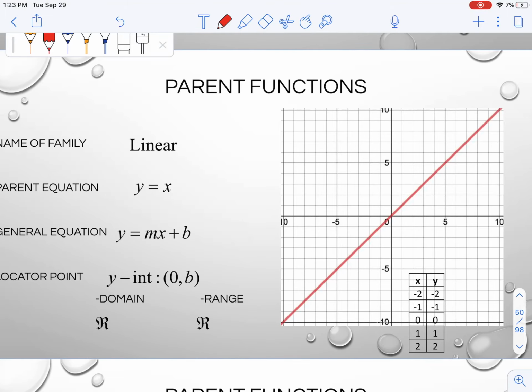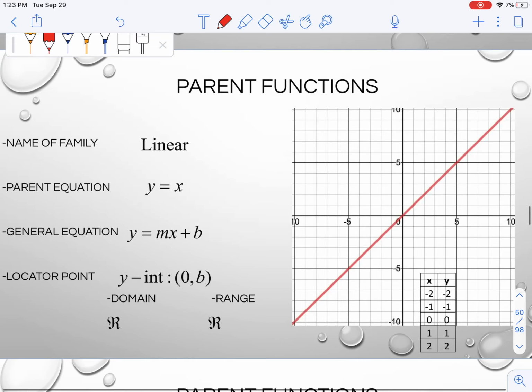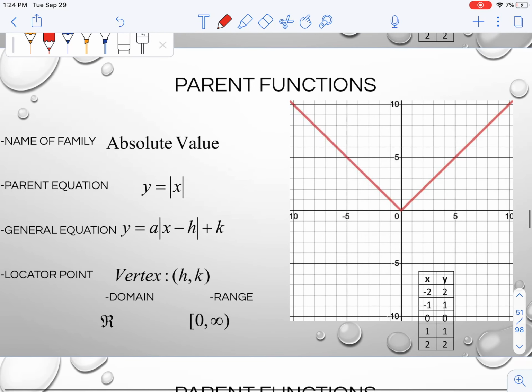I would go through the slides on your own and make sure you are comfortable not only with obviously the names of each parent function, but then the parent equation, the general equation, whether you have a vertex or whatever you have for a locator point, whether it's an endpoint, inflection, so on and so forth. Your domain and range, and then also the critical points for that particular graph, and as well the general shape